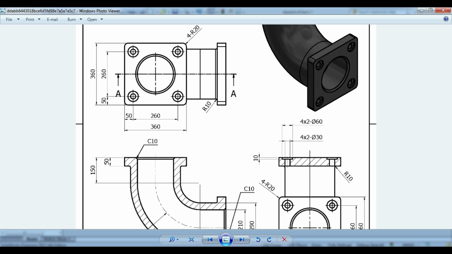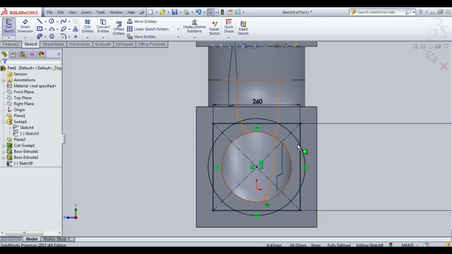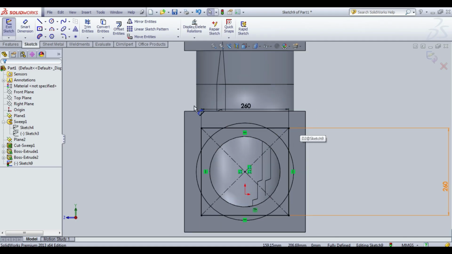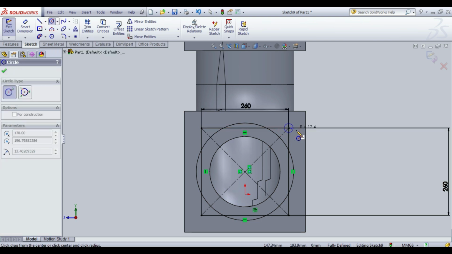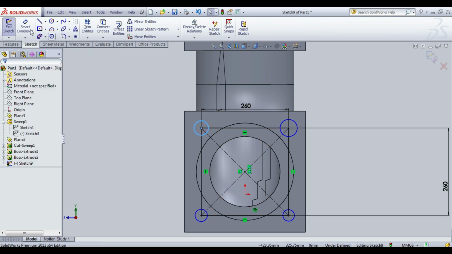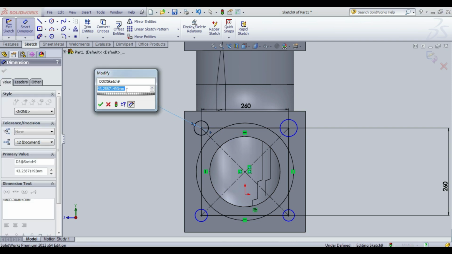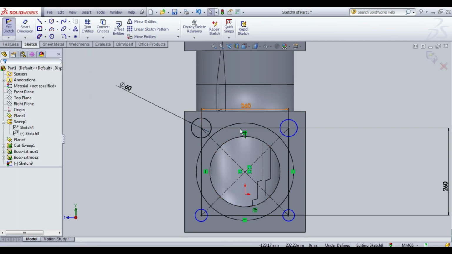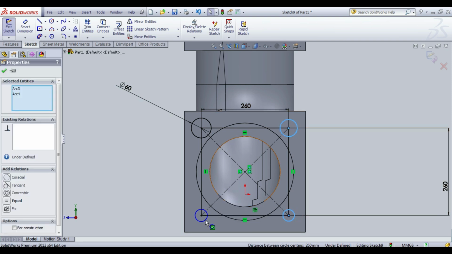After that, dia for 10 mm depth for 4 corners. Click that lines.